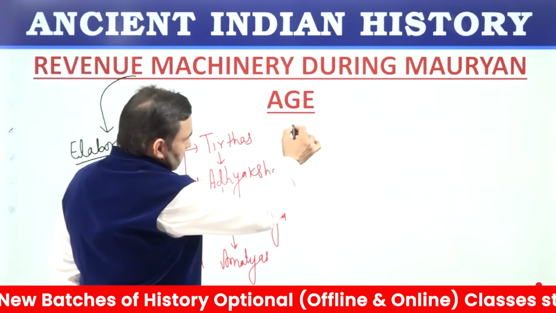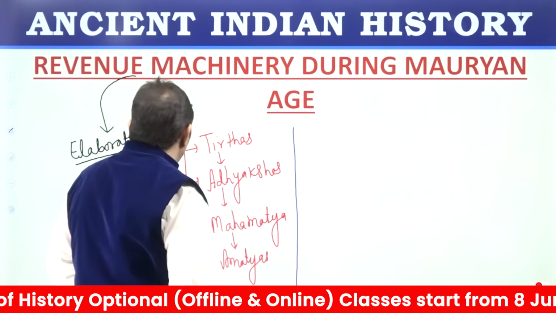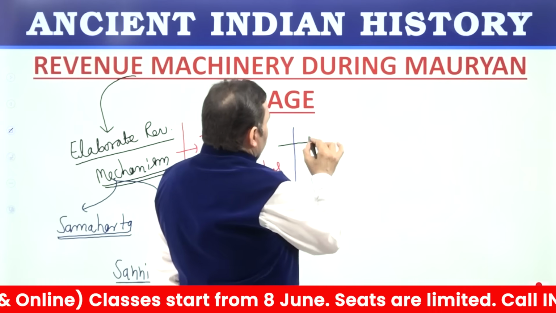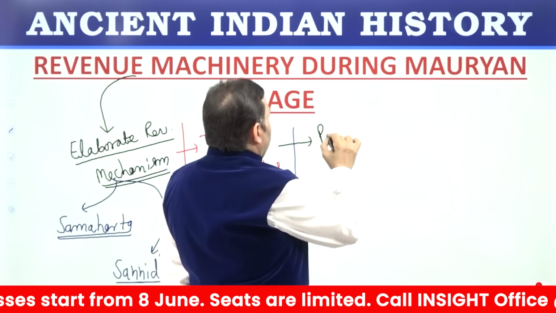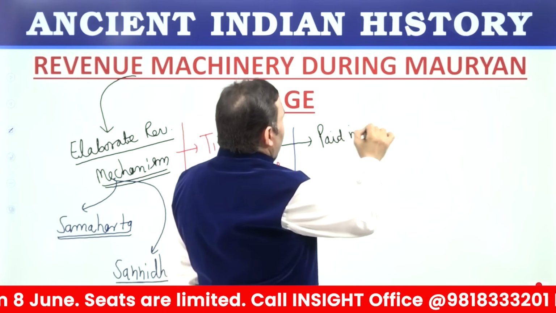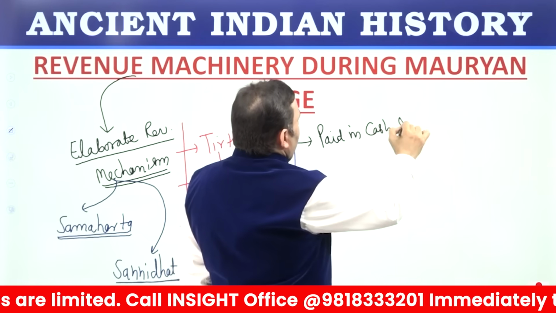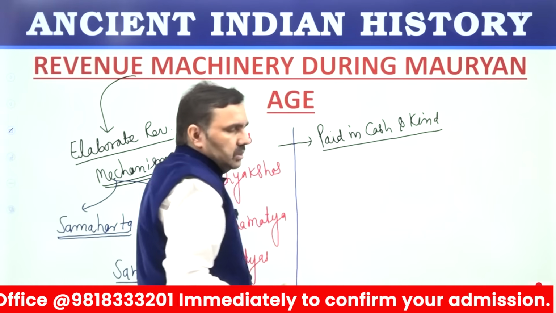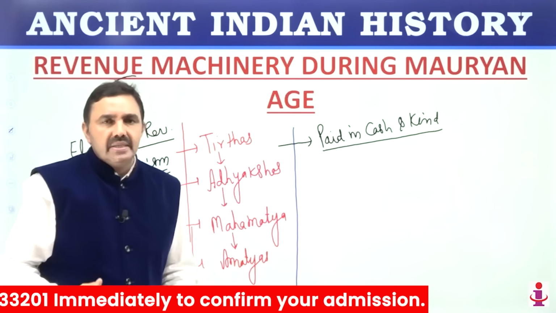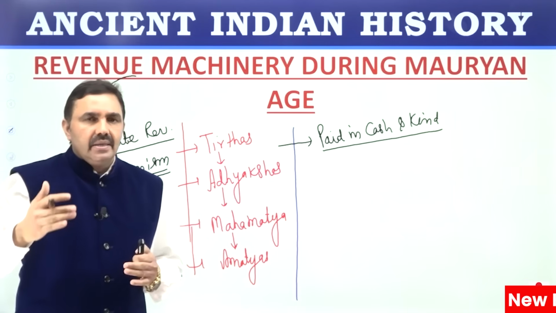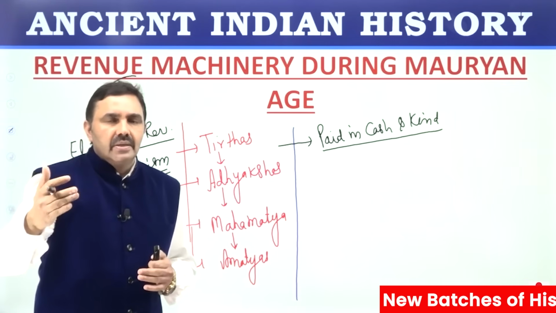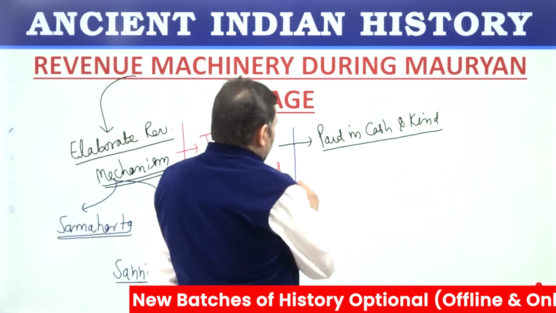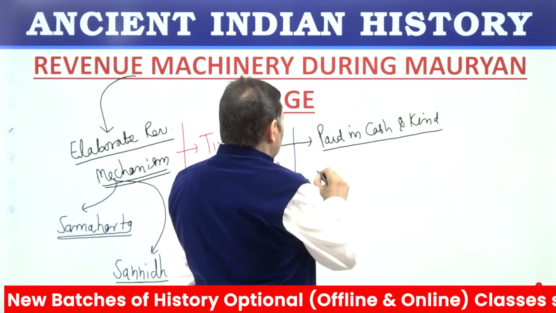In Mauryan times, taxes were collected from professions. From agriculture, taxes were paid in cash as well as in kind. Kind means crop, goods. So what are the crops peasants were growing? They were paying tax in crops, suppose wheat, barley or rice, etc. That is kind. Taxes were multiple,